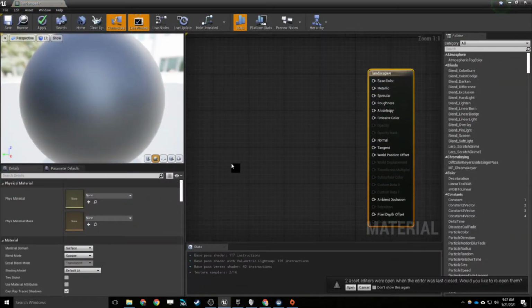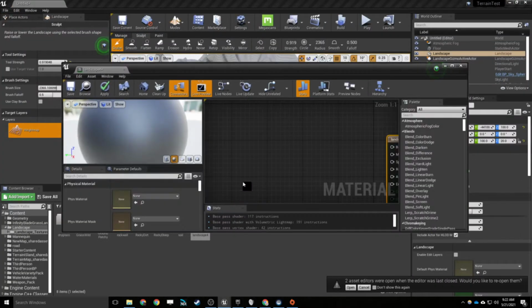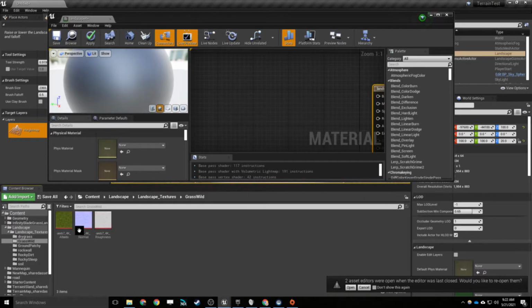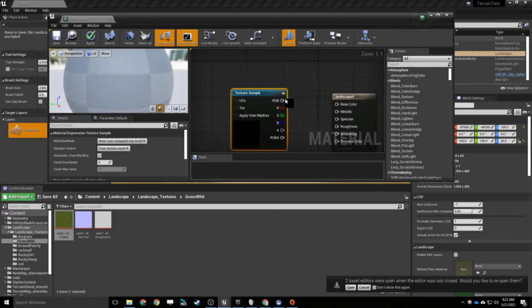So we're going to open it up, and the way we work this is, I'll just move this up here. We're going to go here to grass wild. I'm going to left click and drag on this albedo texture right here, and then I can just left click and drag that straight into base color there. And we will now see this change from a gray sort of color into a grassy sort of